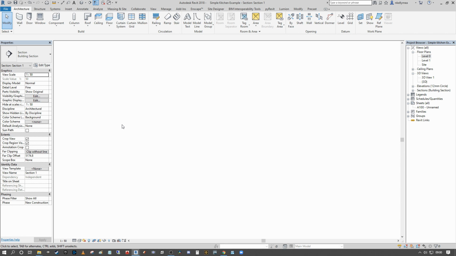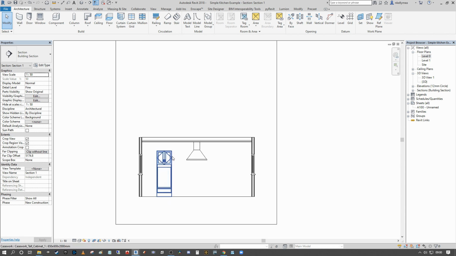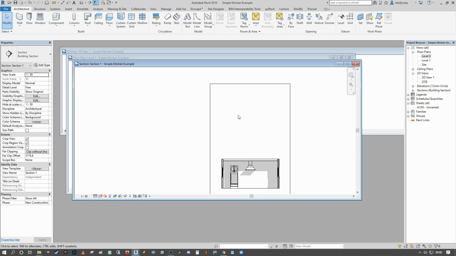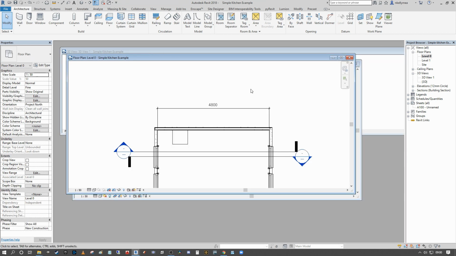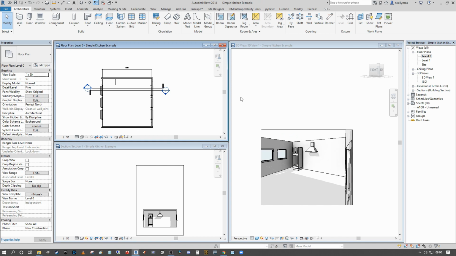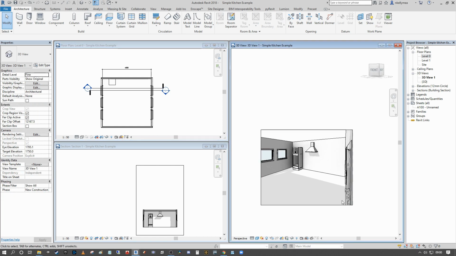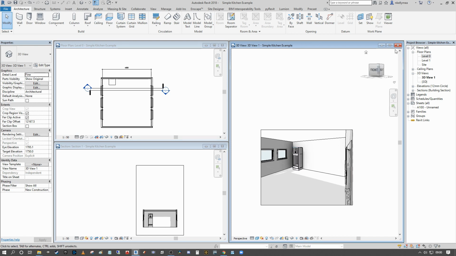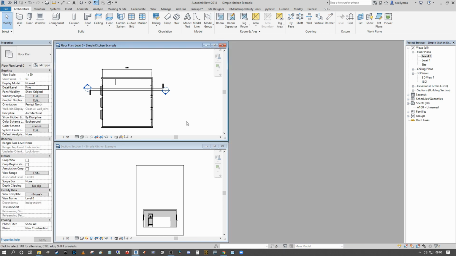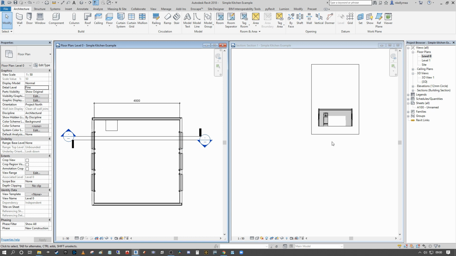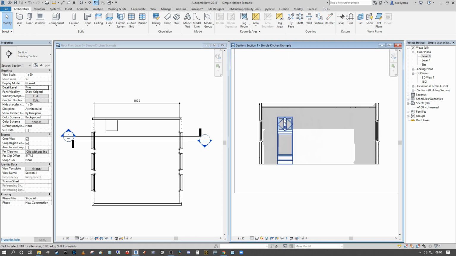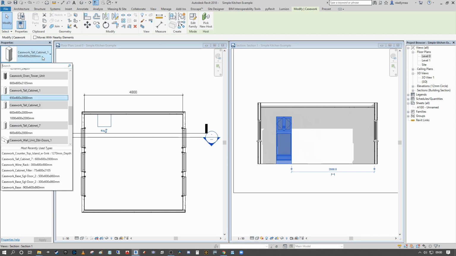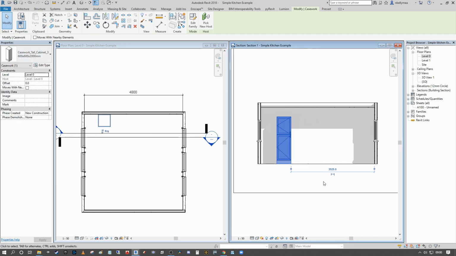So double clicking into the section, you can see that we've placed actually a double unit there, and that's not necessarily what we want. So I'm going to minimize that. I'm going to go back to sample kitchen, press WT, and you can see that I've also got a 3D view already set up with an extraction hood, so I'll remove the extraction hood. I'm going to close the 3D view for the moment. I'm going to press WT again, so I just tile the plan and the section so I can see what we're doing. Now I'm going to select that cabinet type, and I'm going to change it to this cabinet type,